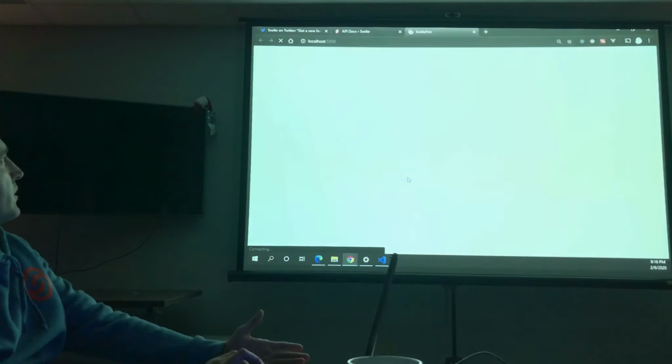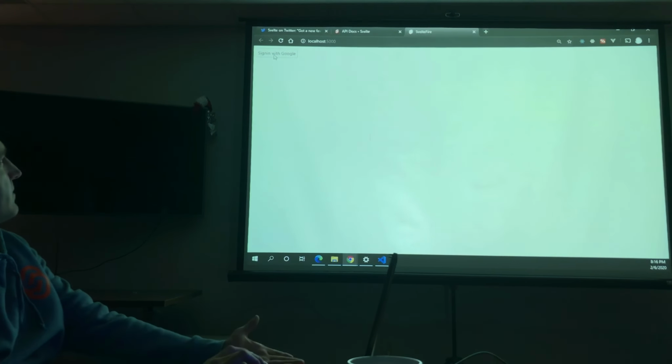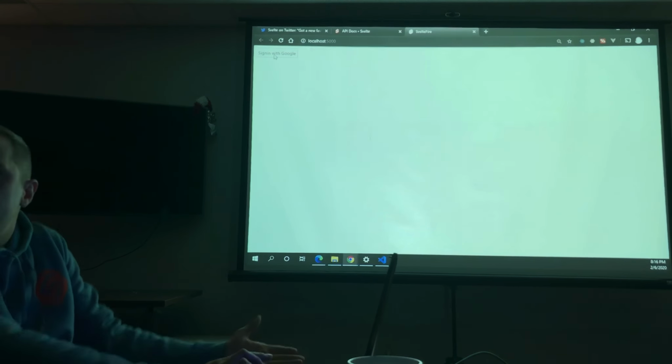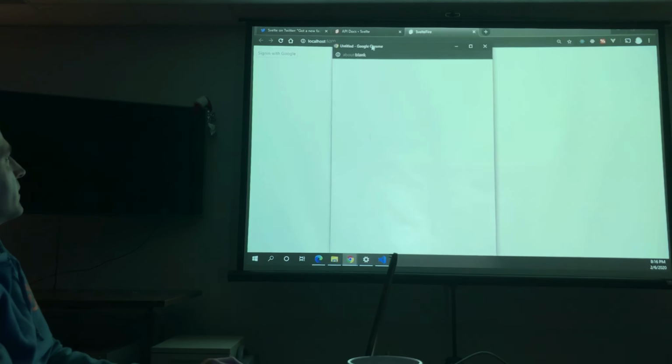Take a quick look at what this is. Oh, I'm logged in. So, like I said, if you're not logged in, it doesn't show you anything. Once you authenticate with Google,